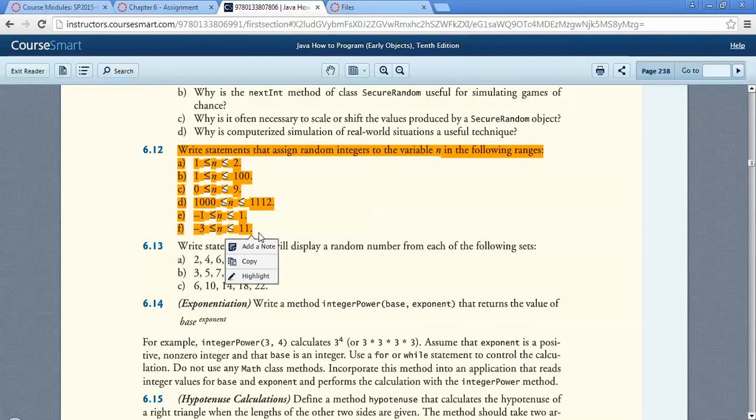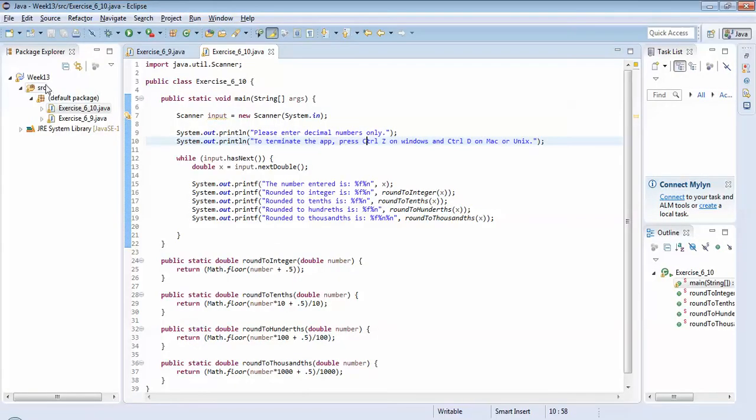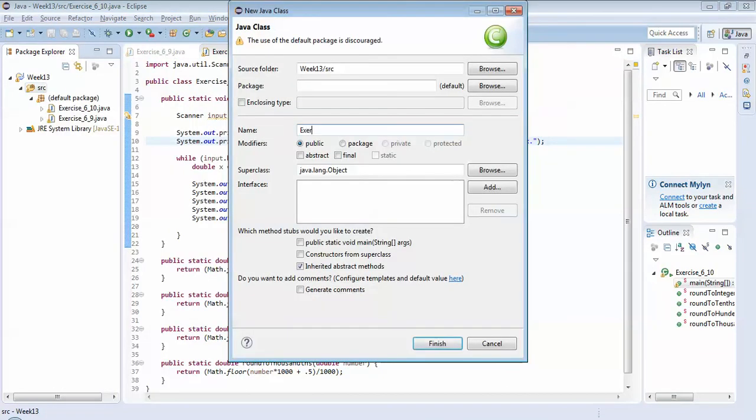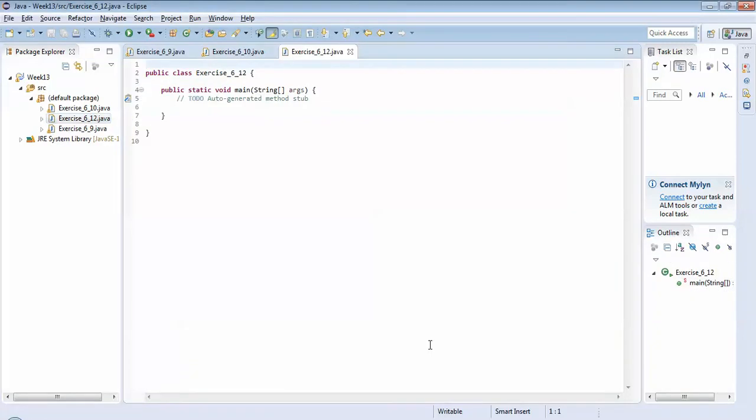We need to write an assignment statement that assigns random integers to the variable n in the following range, somewhere between 1 and 2, 1 and 100, 0 and 9, 1000 and 1112 and stuff like that. Okay, so what we should do is we will write another piece of code. We will right click on source, use the new class and give it the name exercise_6_12. We want public static void main,